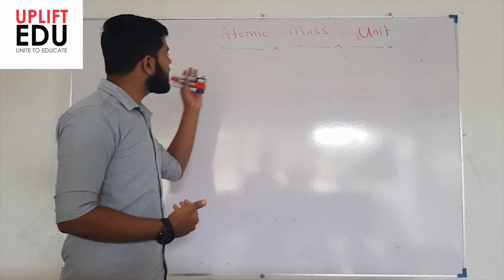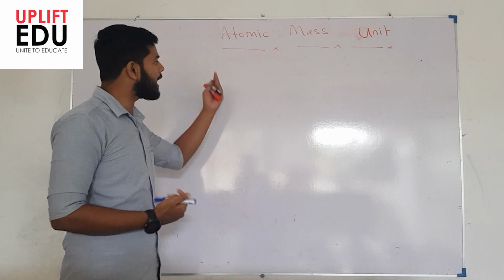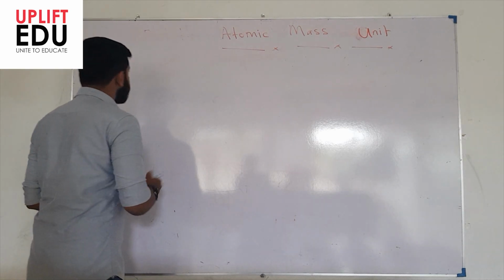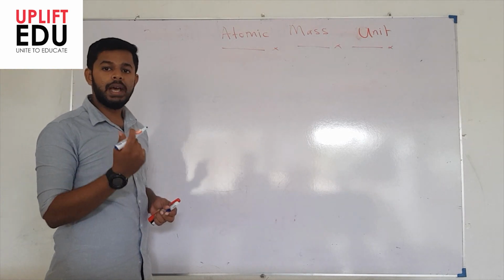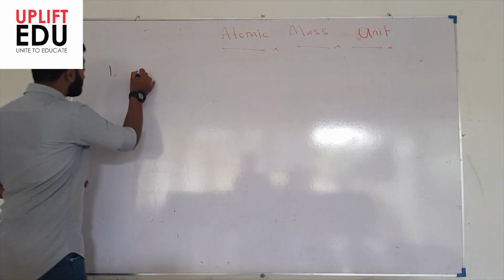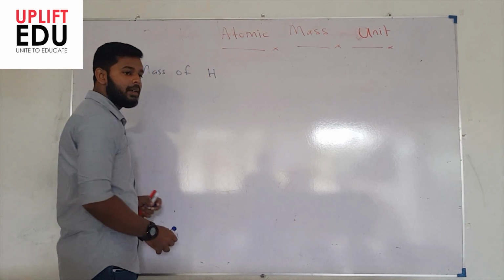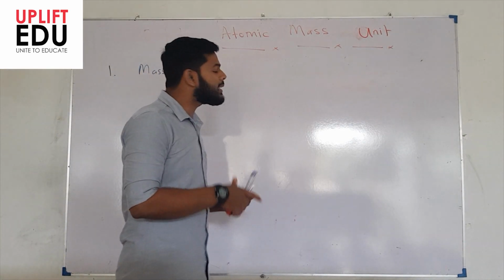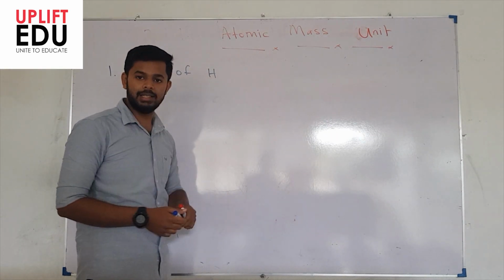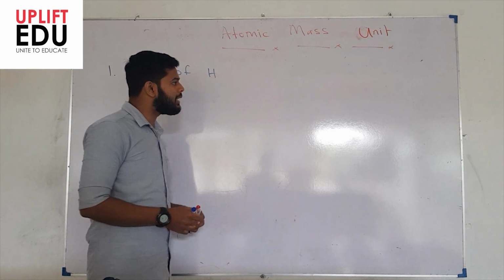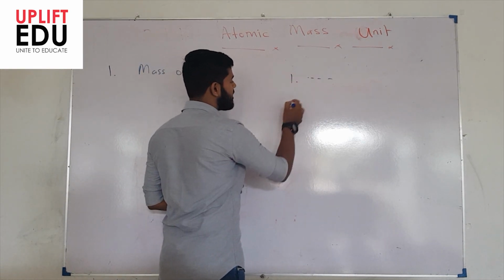In the discovery of this atomic mass unit, different proposals were put forward. As a first proposal, the mass of the lightest atom, that is the mass of hydrogen, was proposed as the atomic mass unit. They started comparing all the masses of the atoms to the mass of hydrogen. But there was a problem. They got many decimal values, some sort of decimals, right?